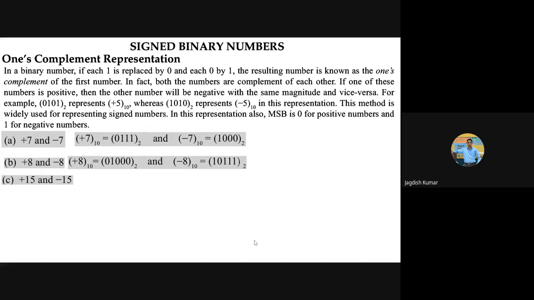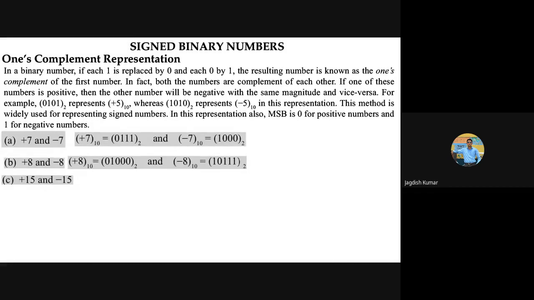Let us do another example. You do it for plus 15 and minus 15. What will this be in one's complement representation? Please do. Okay, plus 15 is correctly done. Anshul is again making the same mistake. You have to put one exclusive bit for sign. Anshika, it is wrong. You are just putting 0, 111.